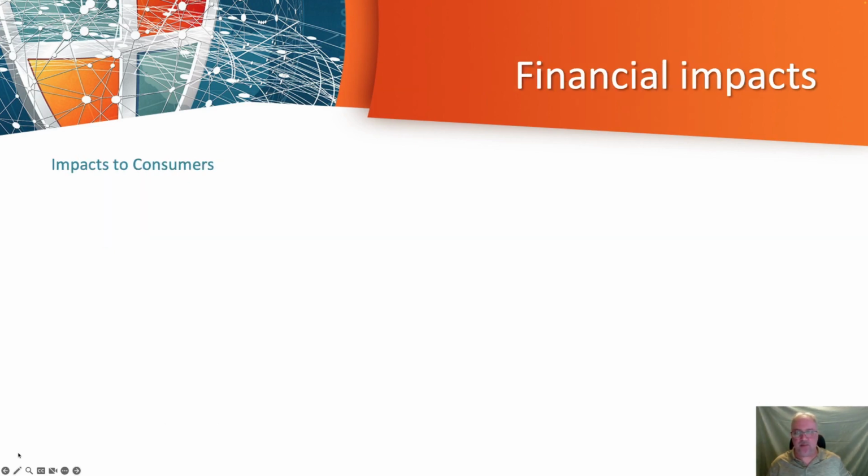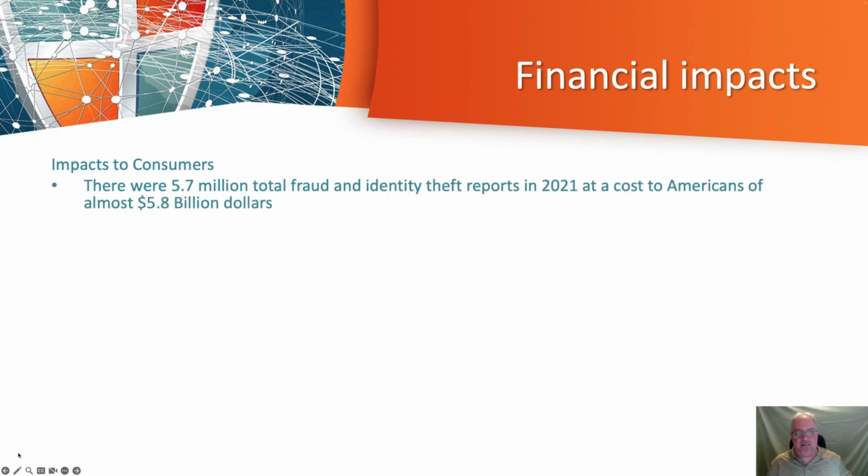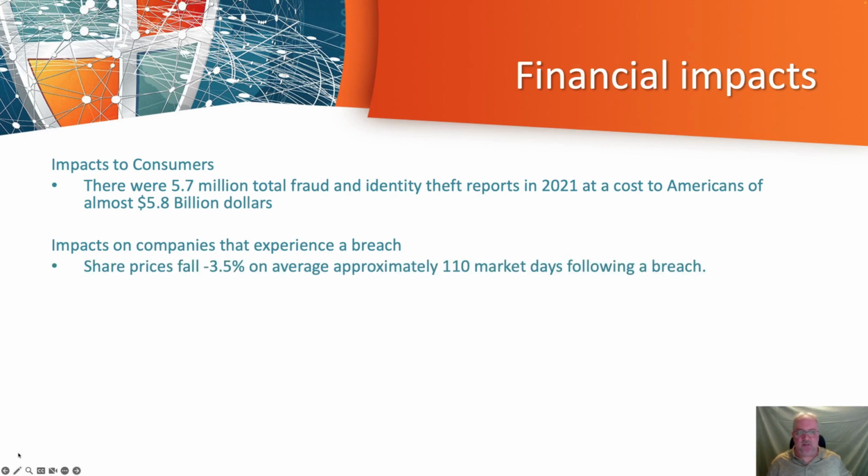Some financial impacts. So impacts to consumers. There were almost 6 million total fraud and identity theft reports in 2021 at a cost of almost $6 billion to Americans. Impact on companies that experience a breach, right? So I'd said that there's a real financial impact to companies that experience a breach. Share prices fell 3.5% on average, approximately 110 market days following the breach. After 1 year, the share price fell on average 8.6%, which, depending on the size of your company,